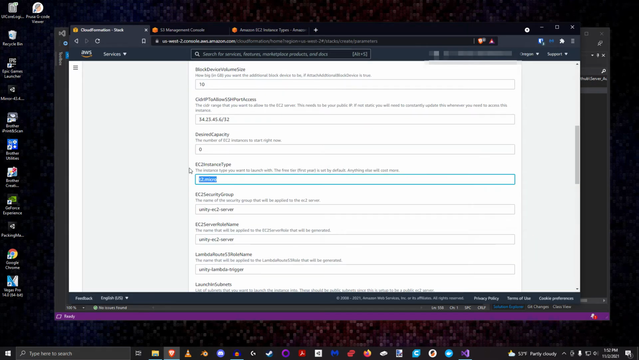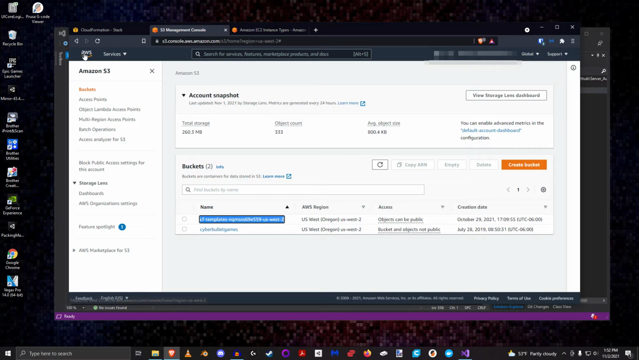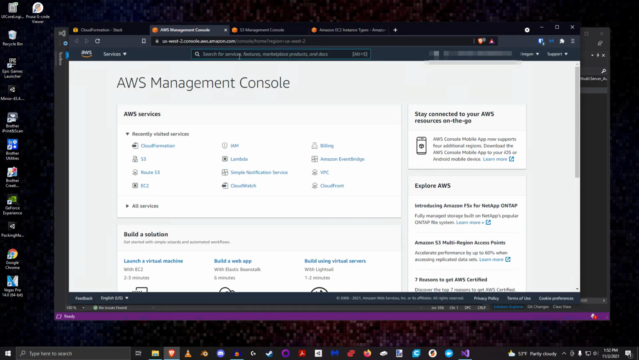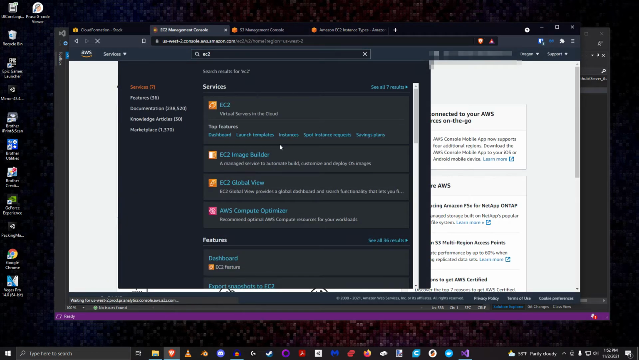For me, in this testing scenario, a testing instance of T2 is going to be perfect. And also note that T2 is free. So I've set this up in the free tier. Be sure to read those free tier permissions. And in fact, let me show you what that is. So if I come over here to EC2,